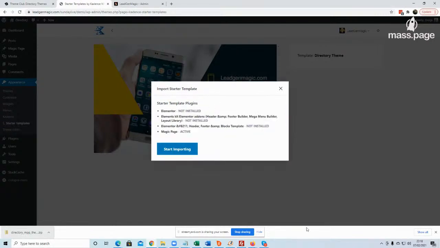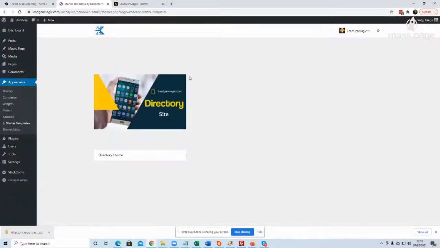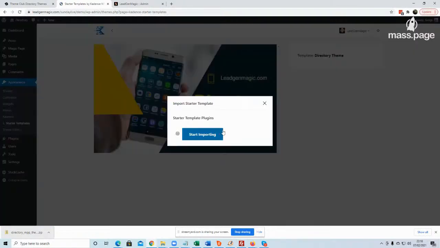Now it'll confirm if you ever do an install of one of the themes, and it says Magic Page not active. Don't go any further than this. Right? Click the X. Go to plugins, install the Magic Page plugin when it asks you. That's the only one that does need to be installed with these. Then you can come back to the Starter Templates tab under Appearance, click on there again, and then let it